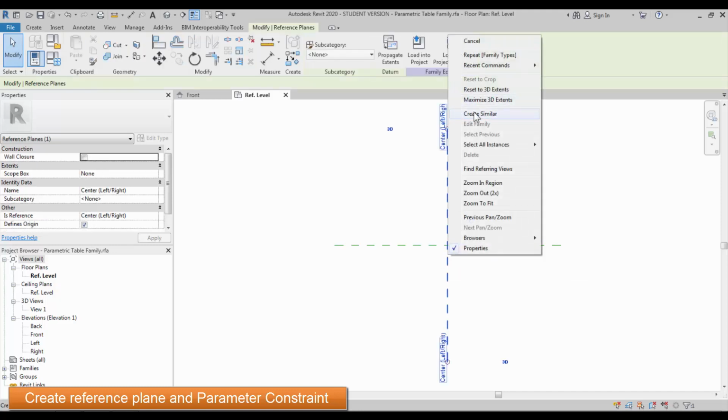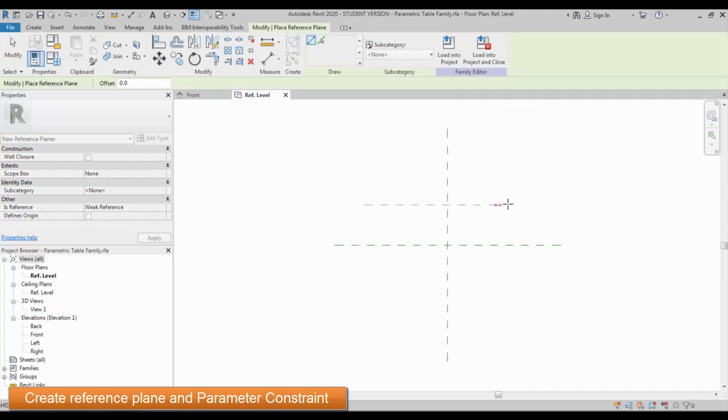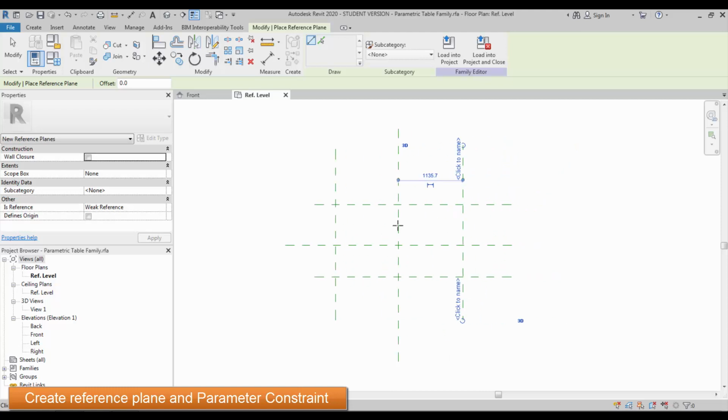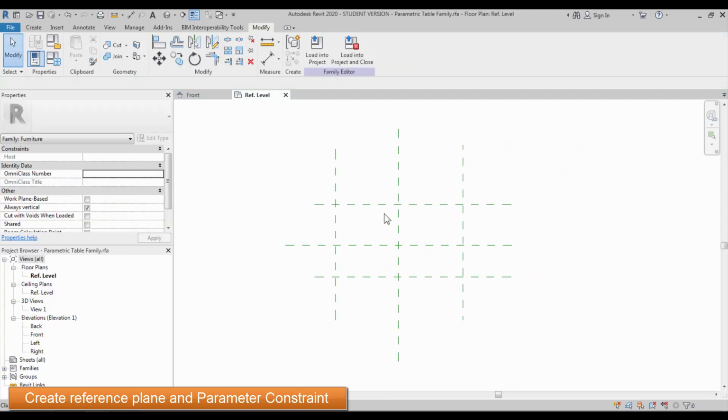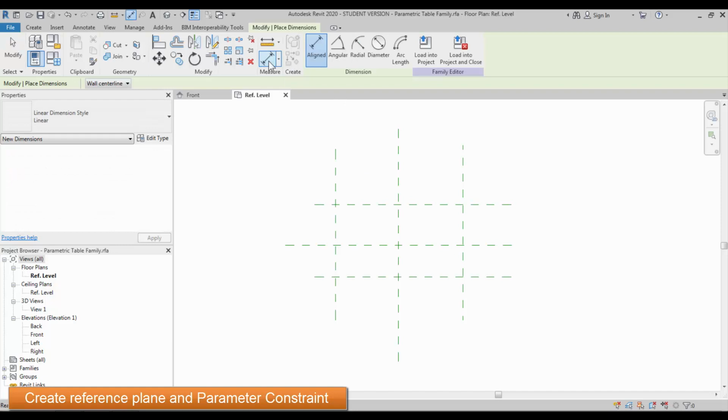Create the reference planes and a parameter constraint. So this is going to be a table family, so I'm going to create a table width and length. It requires 4 reference planes, horizontal 2 and vertical 2. Create an equality dimension so that it maintains both sides equal, so that the center axis remains in the center.